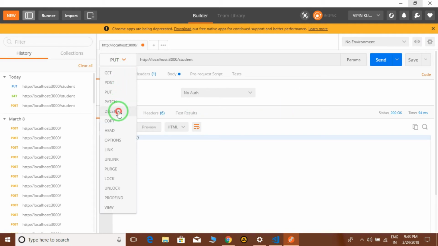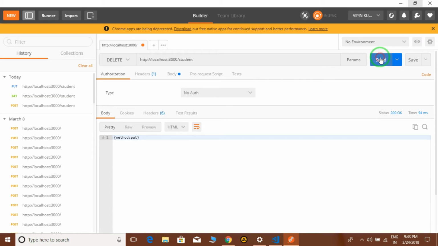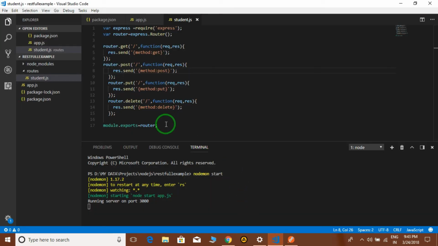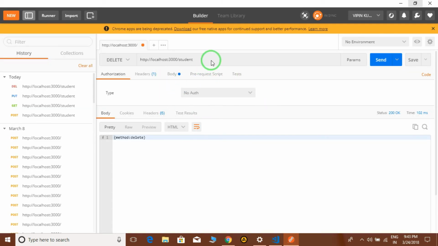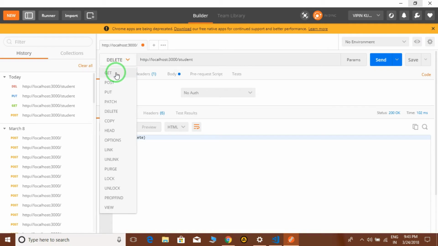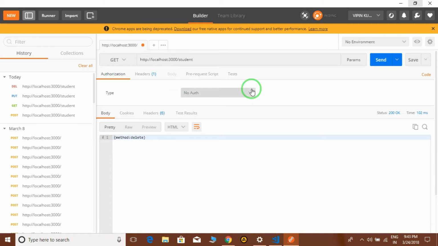Then we have DELETE also. You can send and it will display delete also. Means our RESTful API server is working perfectly. And we have also seen the use of the Postman tool. Just type the URL here, select the method which you want to execute, and then send. That will execute and you will get the result.